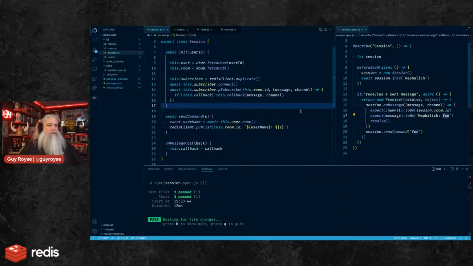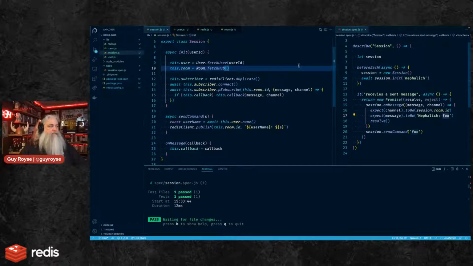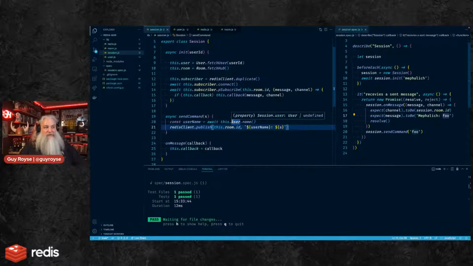So this is a little tidier. Let's take a look. So we've got users and rooms. We've got our session here. Still got a lot of stuff in the session. What send command is doing is saying so-and-so set of, this needs to delegate to some other thing at some point. But for now, it's just doing chat messages.